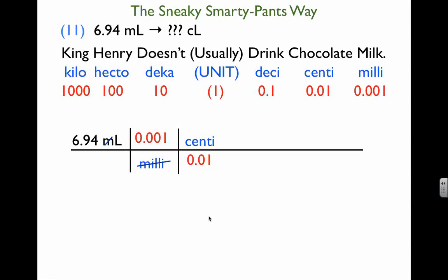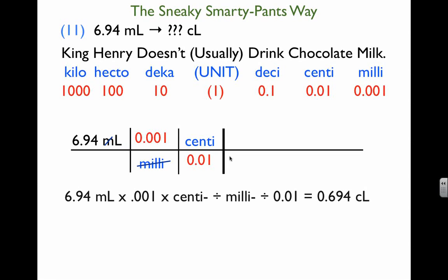Okay, so here, just looking at it, the units that I'm left with, because this does not cancel out with anything, are centiliters. And the numbers that I have to multiply are up here, and the ones I have to divide by are down here as well. I'm going to go ahead and show you what this looks like. When I multiply this whole thing out, it's 6.94 milliliters times 0.001 times centi divided by milli divided by 0.01 equals, if we put that in the calculator, the same number,